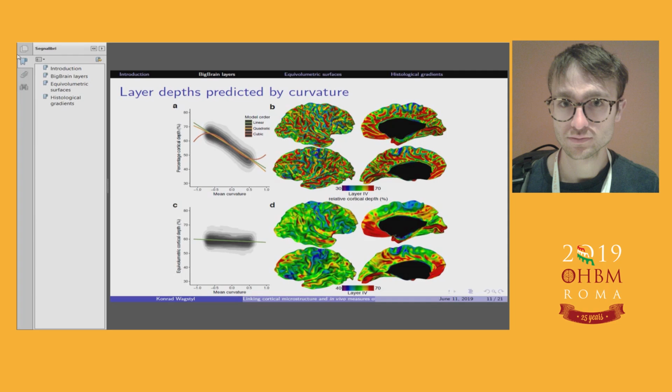However, from the histology, there's a model for how the curvature might affect layer depth, which is called the equivolumetric model, which assumes that a layer takes up an equal volume in an adjacent gyrus and a sulcus. If you use this model to predict the depth of layer 4, you can see that you very accurately account for local morphology, and all you're left with is the regional differences in the position of layer 4. And this is the first important point